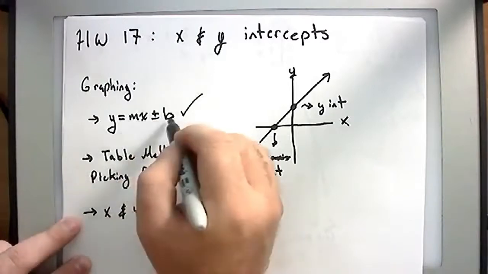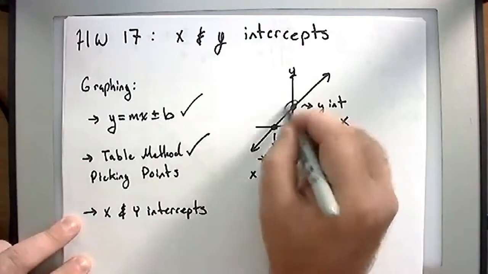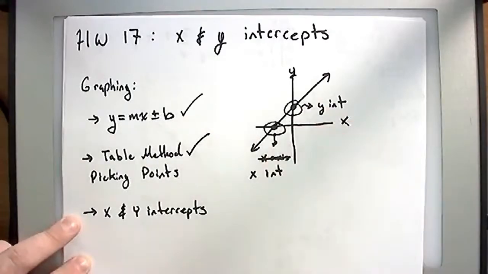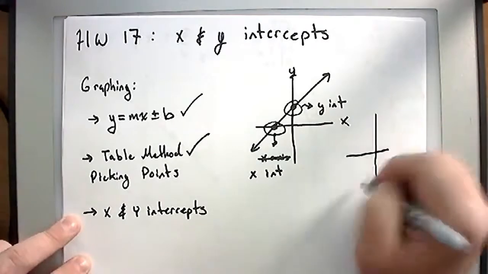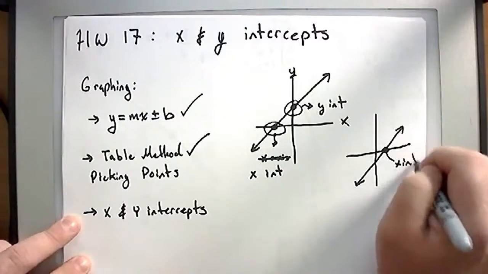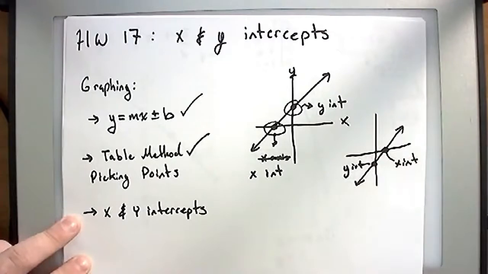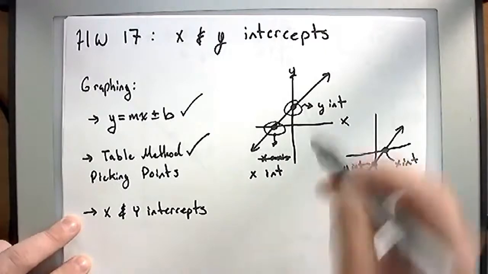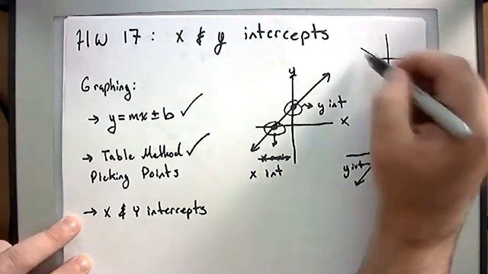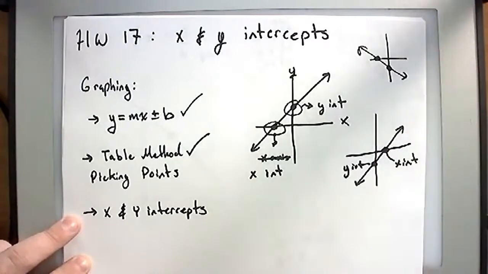This is the slope. This is the y-intercept. The x-intercept has nothing to do with this, so we just didn't talk about it. But there is a y-intercept and there is an x-intercept in every graph, right? If I draw one over here and it goes like this, it still has an x-intercept right there, and it still has a y-intercept right here. Every line will have x and y-intercepts, both of them, except what? A vertical line or horizontal line, right? Even if the line was going the other way, it still has an x-intercept and it still has a y-intercept, right? So every line, unless it's vertical or horizontal, but you should already know how to recognize those, will have